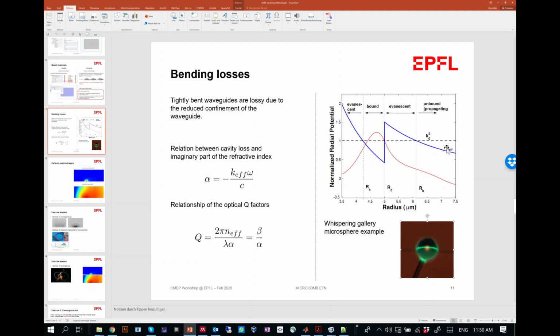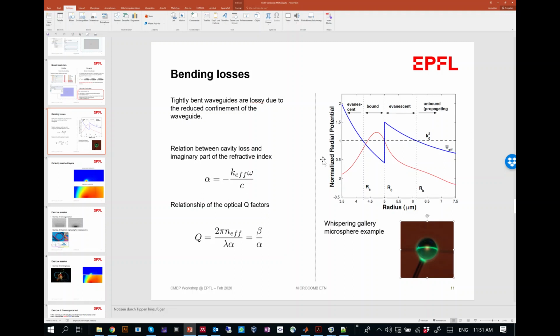So it's basically optical tunneling. It's the same effect you get in a beam splitter cube: you have two high index materials and a low index material in between, and the distance between the two high index materials is fabricated so that 50% of the field can leak through the low index material and become propagating again in the high index material. Here in this region you have an evanescent field, meaning exponential decay of the field, and here it becomes propagating again. So this part of the field can leak out, and this leads to bending losses. It starts to radiate outward,